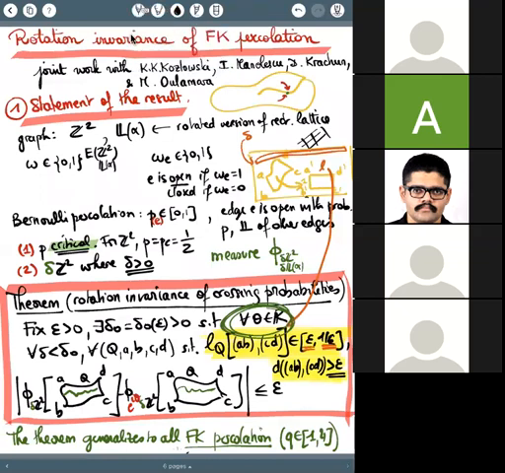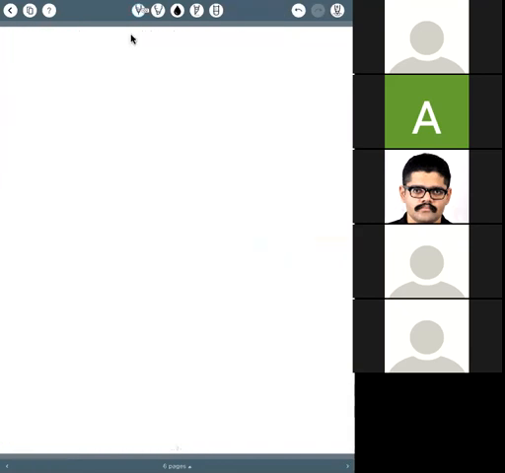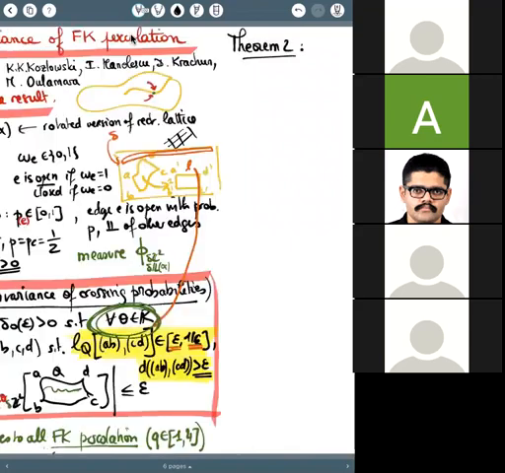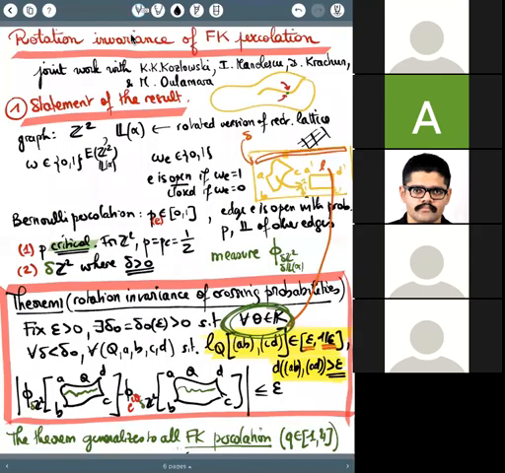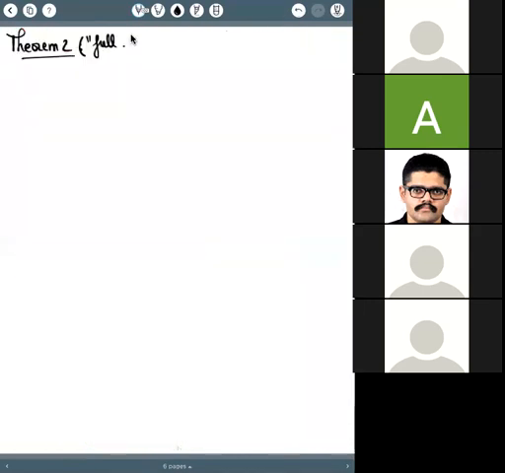Okay, so let me now give a new way of writing the theorem, which doesn't involve extremal distance, which for some people I'm pretty sure you will be happy about, and which is actually giving something stronger than what I stated. So the second theorem, let's call it theorem 2. Let's say this was theorem 1. So theorem 2, I'm going to call it full rotation invariance.